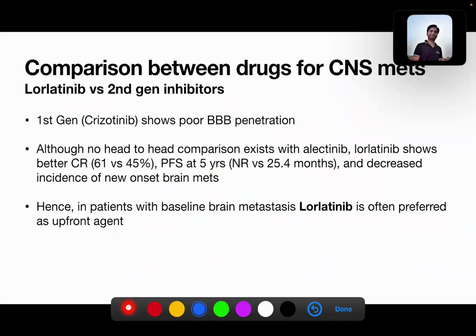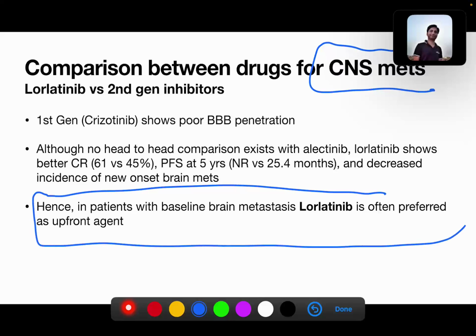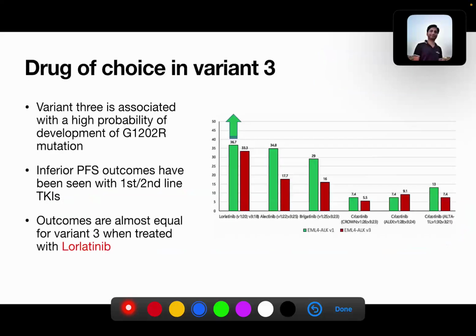So, once again, lorlatinib should be given in the first line setting wherever possible, but especially you should give it for patients with CNS mets, due to the excellent CNS activity with lorlatinib, right? So lorlatinib, wherever feasible, give it in first line. If not feasible, at least give it for patients with CNS mets, and you should give it for patients with variant 3